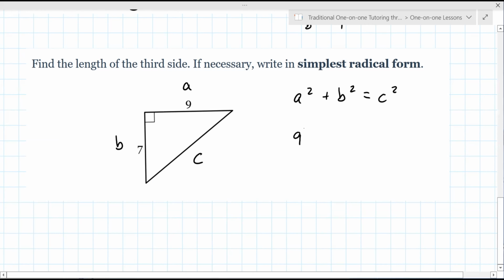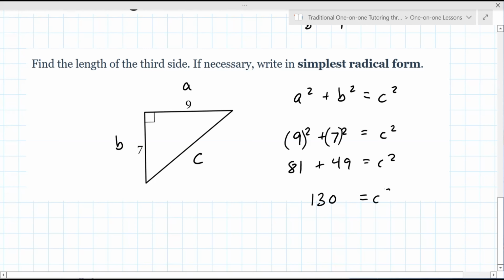So we have 9 squared plus 7 squared equals c squared. I am violating my convention here of putting the numbers in parentheses. I really should. So I might as well just do that. Be a good student here. What is 9 squared? Can you tell me that? 81. And 7 squared? 49. Good. And when you add those together, you get 130